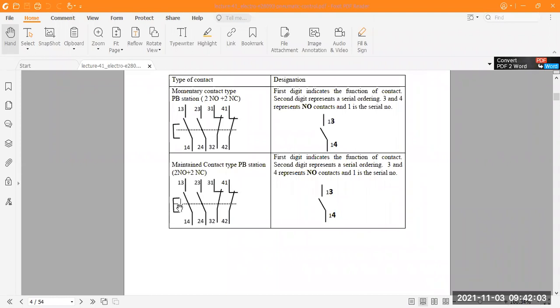Here you can see the breaking positions and the continuous ones. In this contact type push button station or switch, we use these two types of connection in parallel, two normally open configurations and two normally closed operations. So these are the diagrammatic pictures of one momentary contact type push button switch and another maintained contact type push button switch.